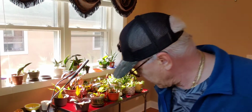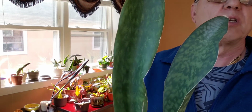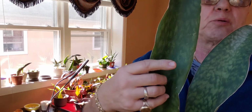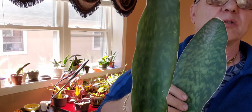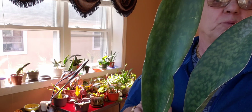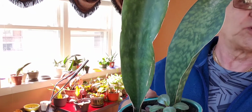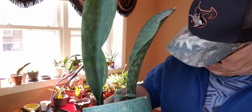Okay, so here we have my whale fins, and they were drying up. But look, it opened up nice, and this leaf is really widening out. And I'm expecting to see some pops soon. But while we're on the topic of whale fins,